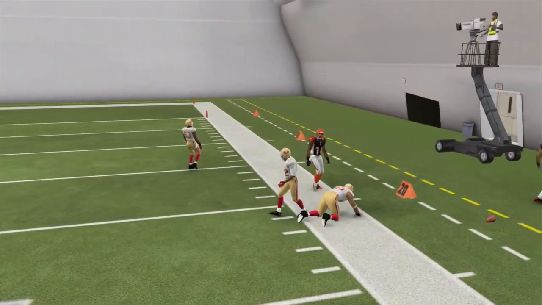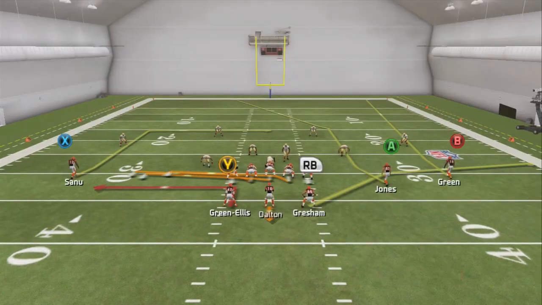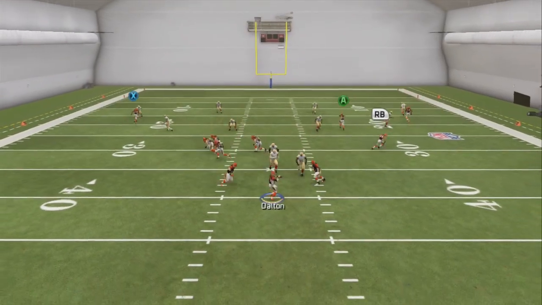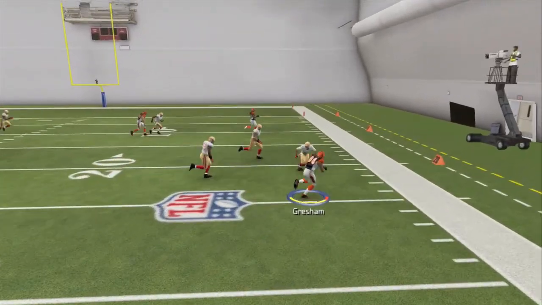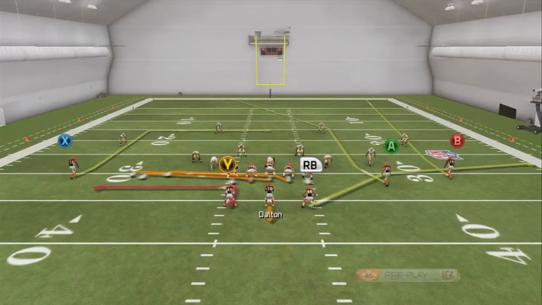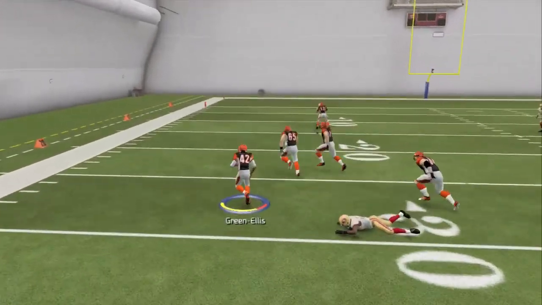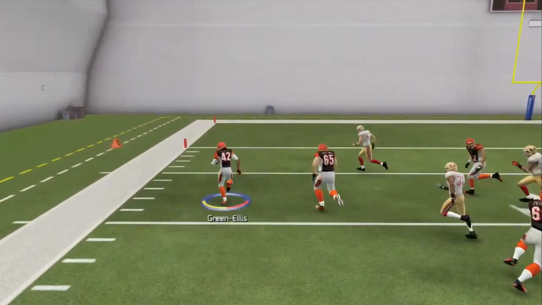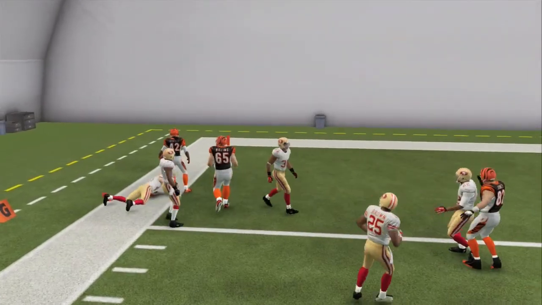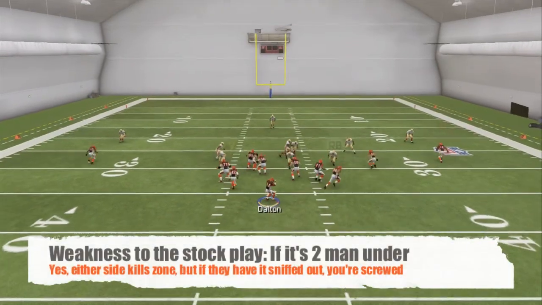A lot of times what will happen is when they're really concerned about the run, they'll start zoning up, and this is where you can kill a zone on either side. You got Gresham on that flat route over there, and you have the running back pop over there and let the screen set up. So it's going to kill zone, but the weakness against this play, and I'll show you here, is if they're